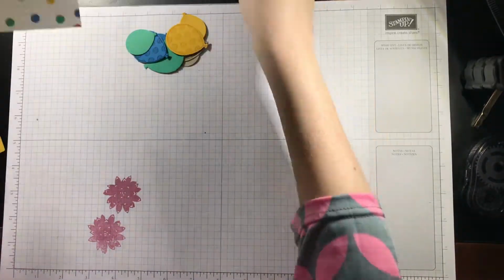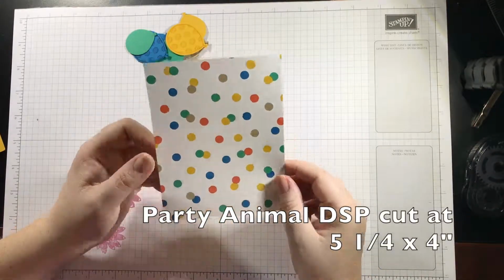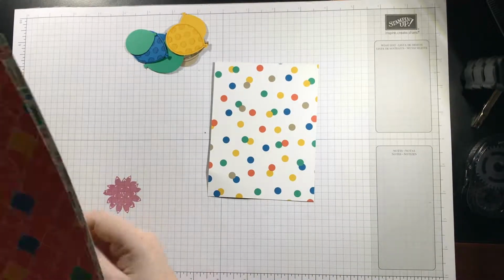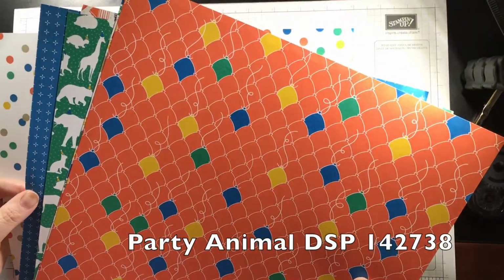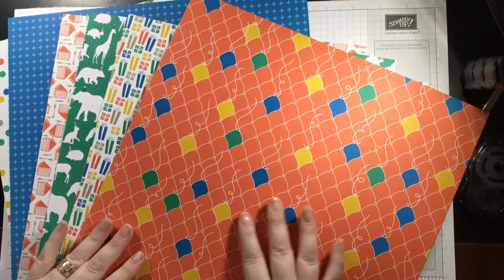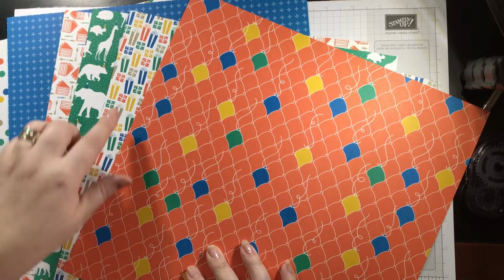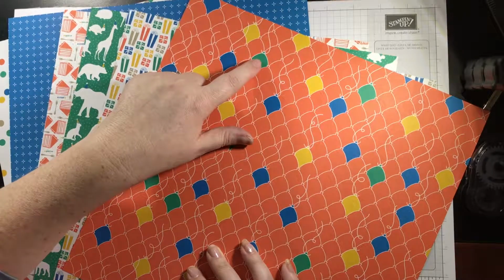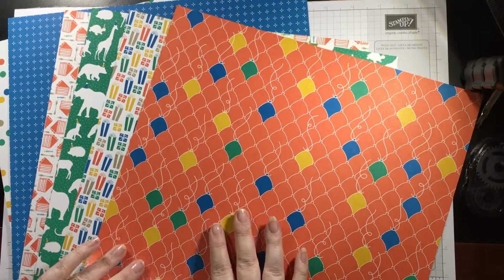All right, now I have a piece of Designer Series paper cut at 5 3/4 by 4. And this is from the Party Animal Designer Series paper, and this is still available, but it's while supplies last. So in this set, you get 12 sheets total, so 6 sheets of double-sided paper. So on one side, the colors in this set, you've got Crumb Cake, that's the light brown color, Crushed Curry is the yellow color, Emerald Envy is this green, Pacific Point is the blue, and Tangerine Tango is the orange, and then Whisper White. So we have balloons,